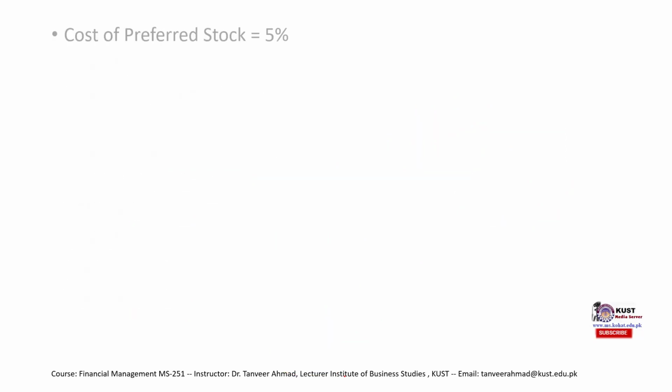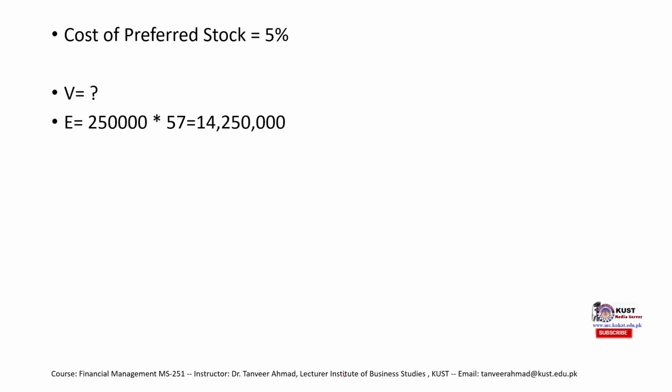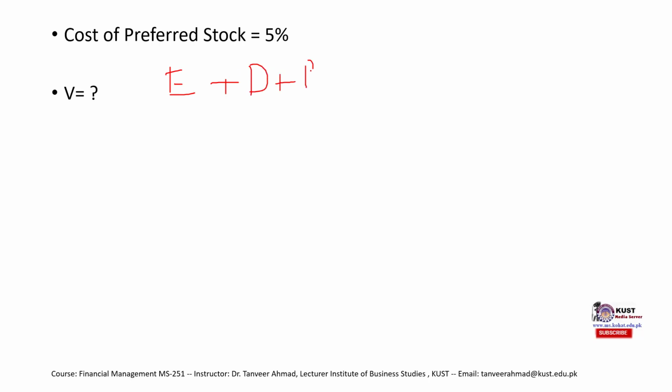Okay, so we have the cost of debt. The cost of preferred stock is already given, which is 5%. We need to calculate V. And how do we calculate V? V is equal to E, the total amount of equity, plus the total amount of debt, plus the total amount of preferred stock. Now in this example, we do not have the total amount of equity, debt or preferred stock,